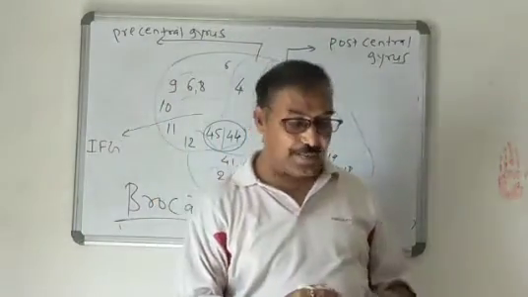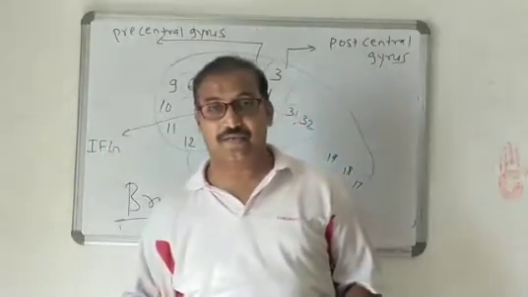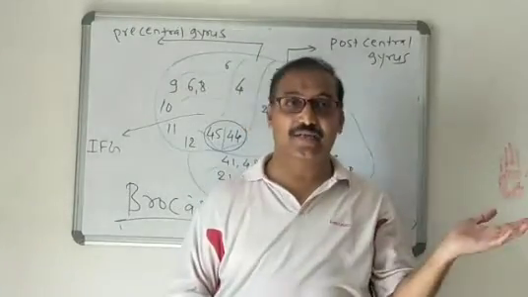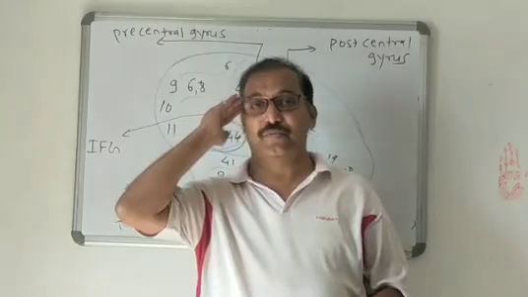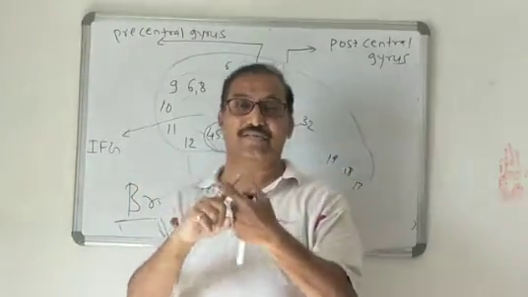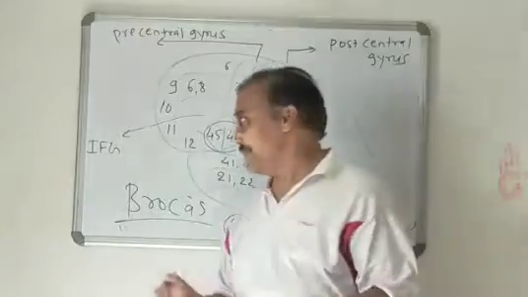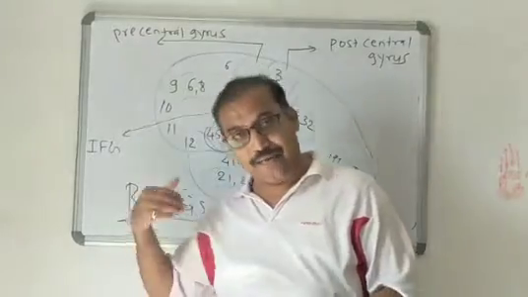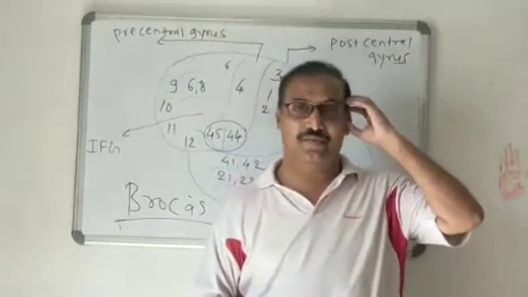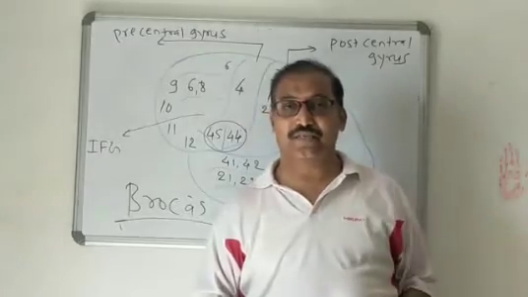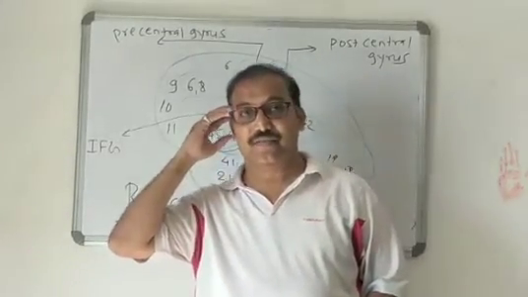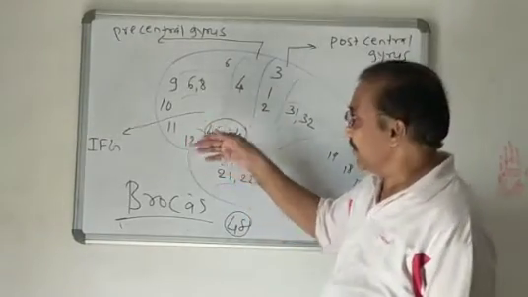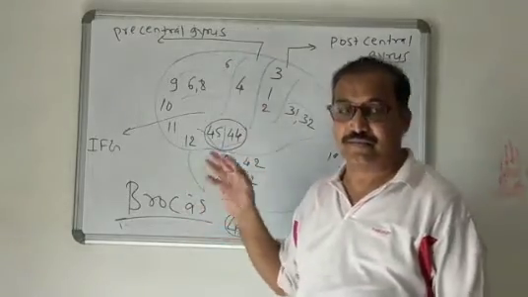Now how is it divided, where will we find it? If I am a right-handed person, then my Broca's area will be in the left cerebral hemisphere. If someone is a left-handed person, then his Broca's area will be in the right cerebral hemisphere. I said earlier, cerebral decussation, the crossing of fibers occurs here. So remember, this Broca's area is unilateral. If I am a right-handed person, my Broca's area is present in the left cerebral hemisphere. If a left-handed person, his Broca's area lies in the right cerebral hemisphere, exactly below the inferior frontal gyrus, or between the inferior frontal gyrus and lateral sulcus, there is the Broca's area.